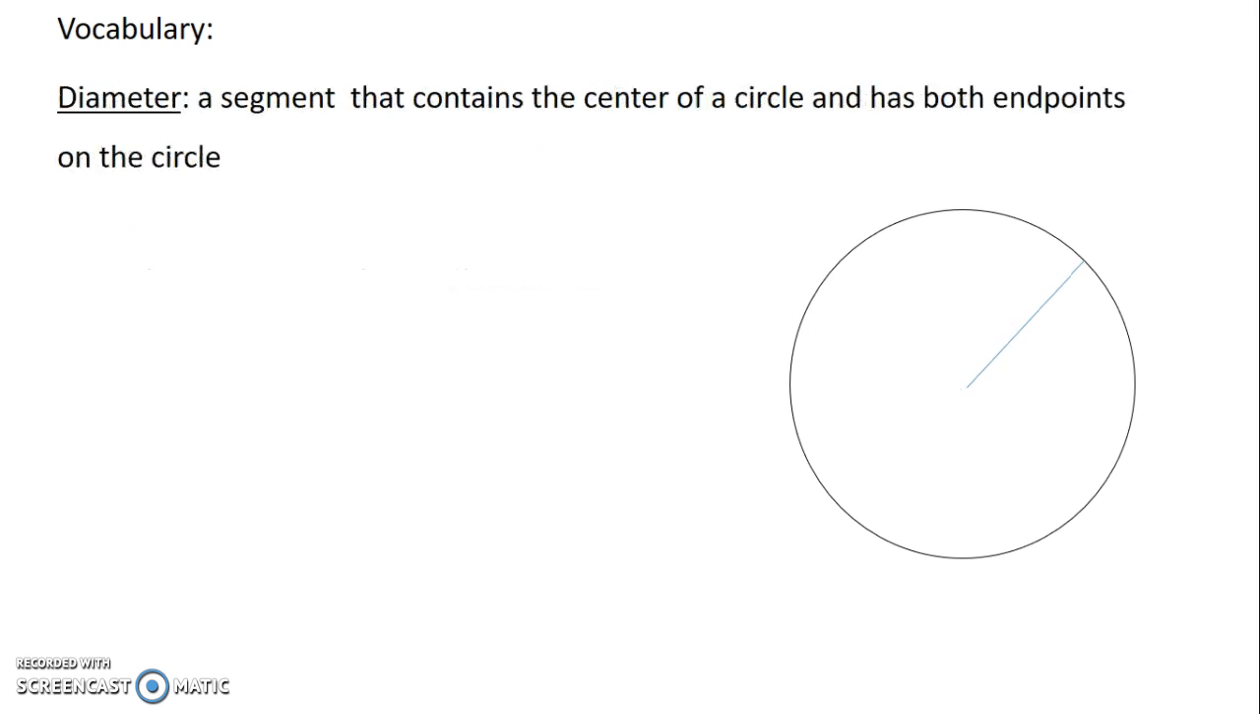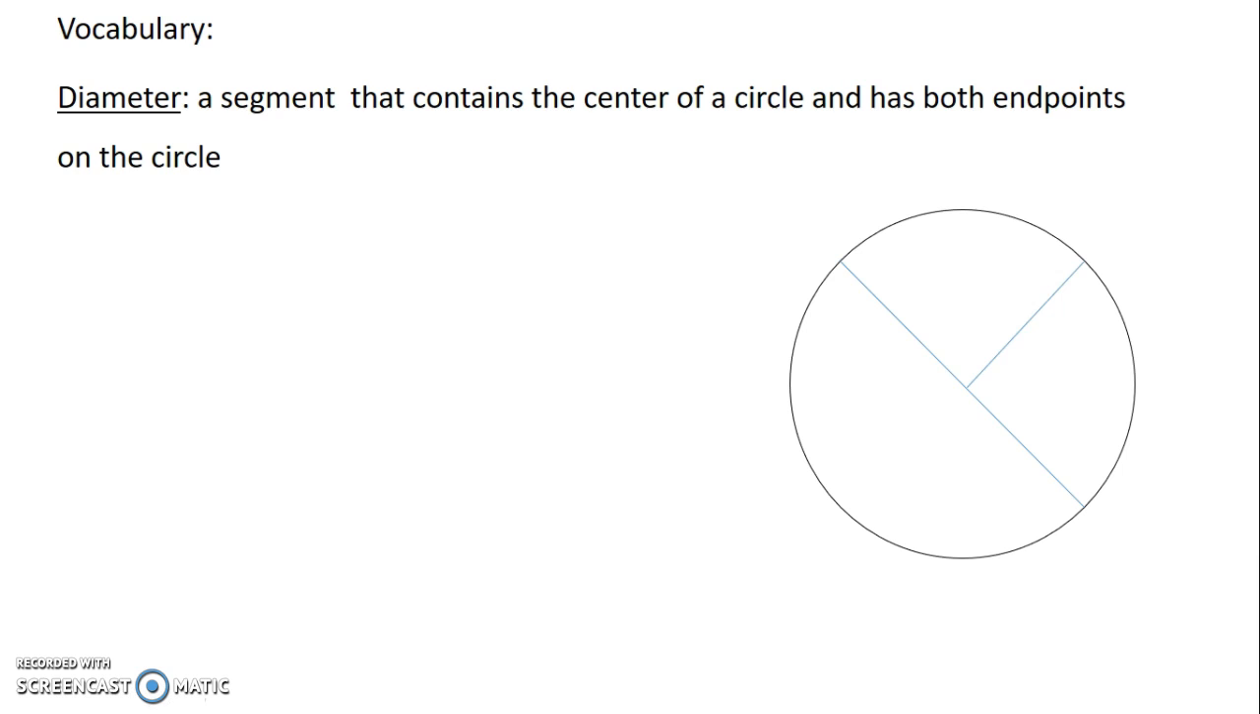Next, we've used before is a diameter. It's your segment that joins the center of your circle, goes through the center of your circle, and has both endpoints on the circle. So you know what it looks like. It goes all the way across. It's two radii glued together in a straight line, but officially goes through the center, has both endpoints on the